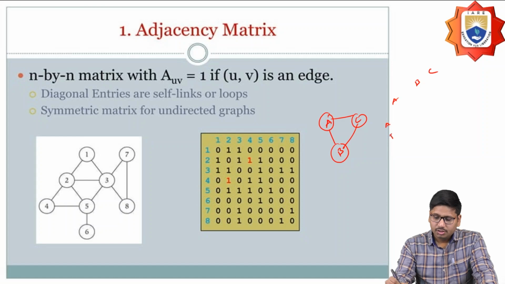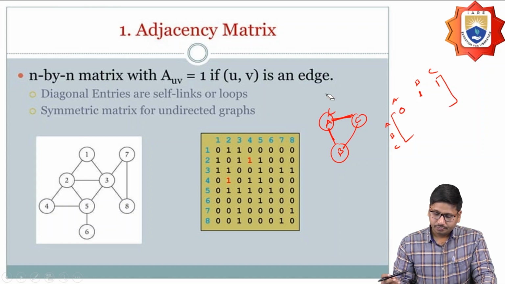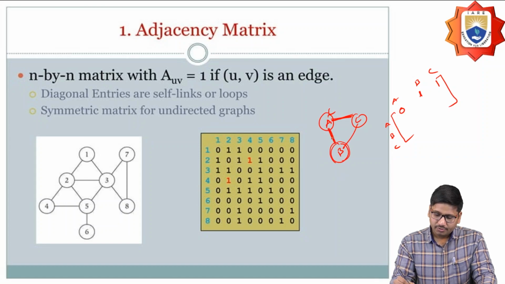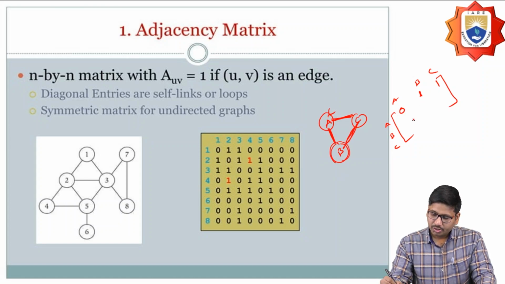So the adjacency matrix is represented like this. I have an edge from A to B, so that's 1, and A to C, 1. The remaining is 0. There is no edge from A to A. Similarly, for B, I have an edge from B to A and B to C, so that's 1 and 1, and B to B should be 0. And for C to A and C to B, it should be